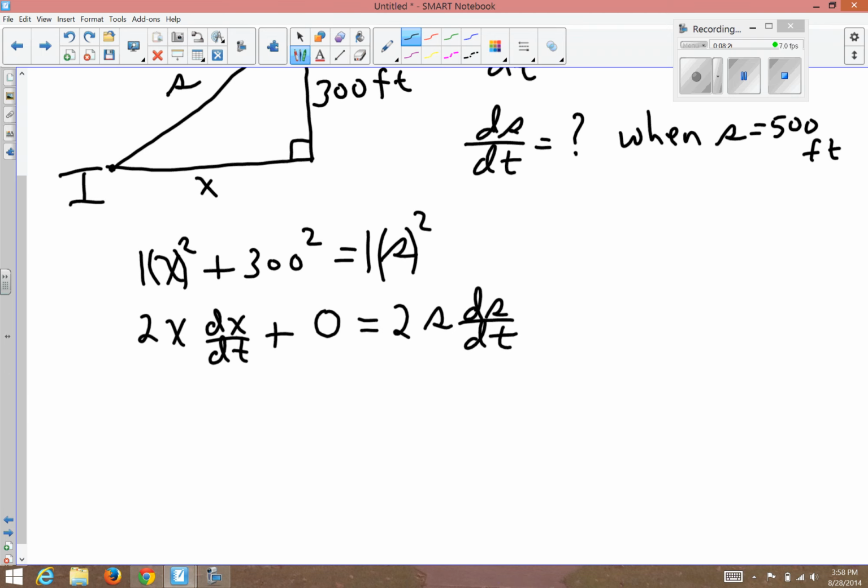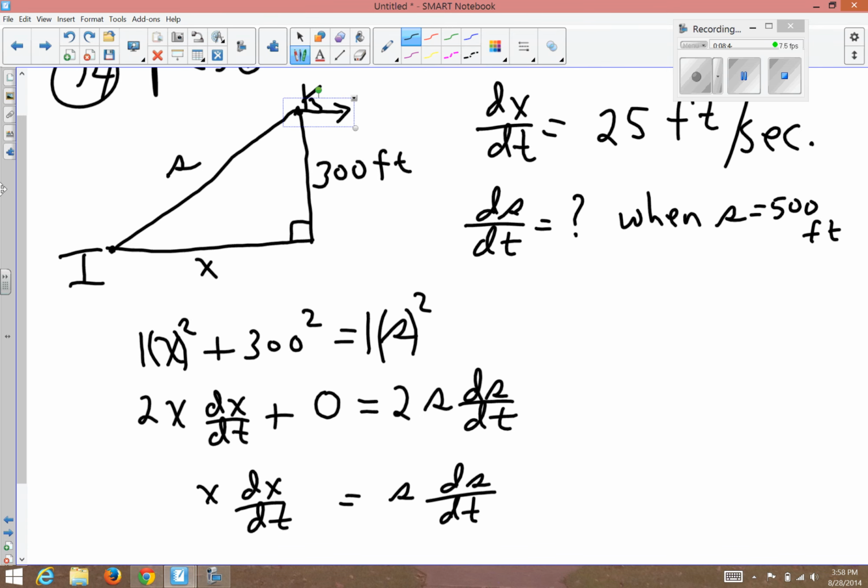And now we could plug in numbers, or if you want to first divide both sides by 2, you get x dx/dt equals s ds/dt. We've divided both sides by 2. All right, now where the x is,